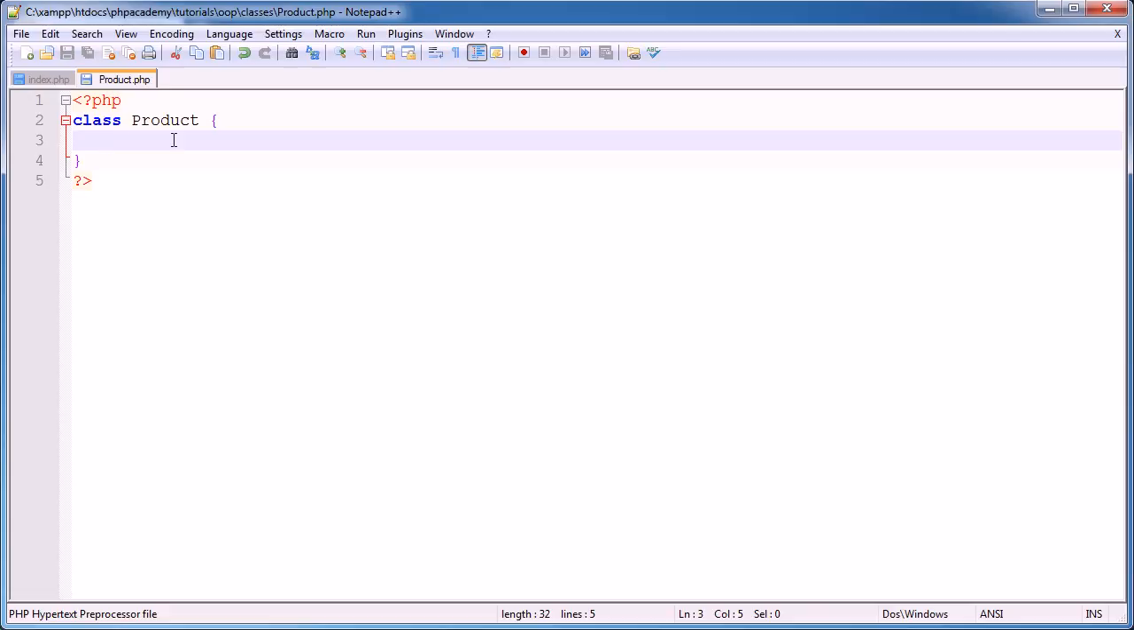So for example, a product could have a category or a type. We'll give it a type. That just makes sense. And a type, we could define this here, or we could allow our methods to set this property. Now the one thing that we do need to do is give this a visibility keyword at the start of this variable. Now, public is